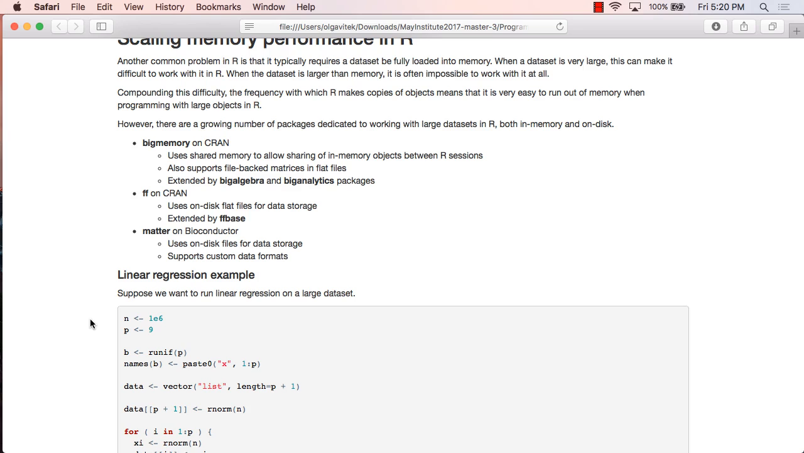Is there a lot more conversion overhead for FF and BigMemory versus Matter? Well, right now, Matter doesn't have its own function for working with text files, since it was primarily written with the idea that you already have some kind of binary file that you want to work with. Whereas BigMemory and FF are assuming that you have some huge CSV file or some huge tab delimited